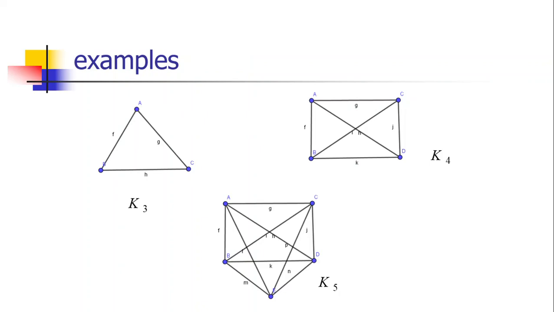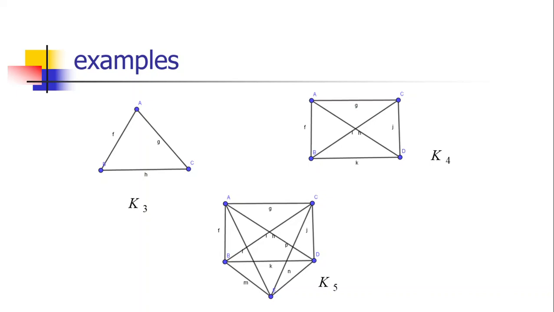Here we have to define 3 graphs: K3, K4 and K5. In the first graph K3, there are 3 vertices. Let us consider vertex A, which should be connected by an edge to all the remaining vertices, B and C. So there should be an edge from A to B and A to C. Now consider the second vertex B, which should be connected to the remaining vertices A and C. And the third vertex C should be connected to the remaining A and B. So that is called a complete graph K3.